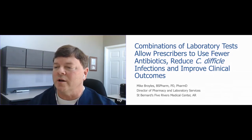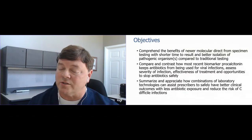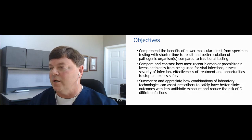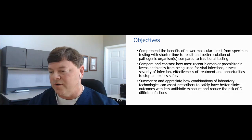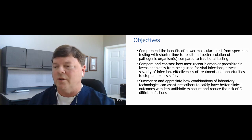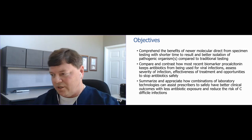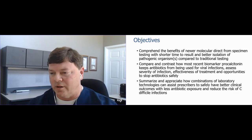Then we'll compare and contrast how some of the most recent biomarkers, such as procalcitonin, can help us do better utilization of antibiotics. They can actually help us differentiate a viral infection from other things. They can help with initial severity assessment and then treatment options. And then finally, we're going to put it all together. So we have this testing piece of it, and we'll have the piece where we're looking at procalcitonin and how it can help us better utilize antibiotics and